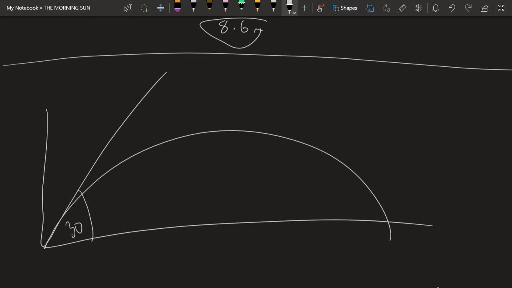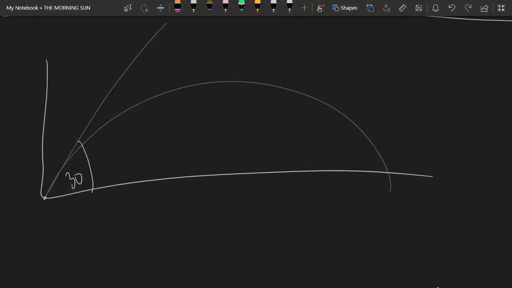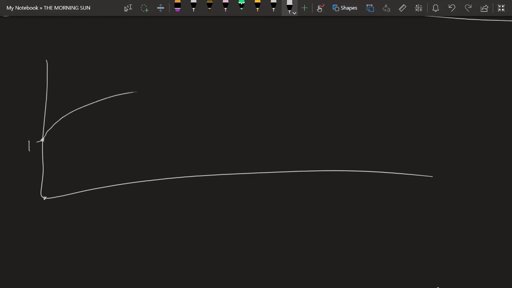So if here's the point of projection, oh, I'm sorry, I didn't draw this properly. So we're at 1 meter here. This is the point of projection. It falls over there because the point where it hits the floor is 1 meter under it, so it has to be above. And of course this angle is 30 degrees, right? And they want us to find the speed of the projection. Well, what is the speed equal to? The speed is equal to v0, and v0 is equal to,